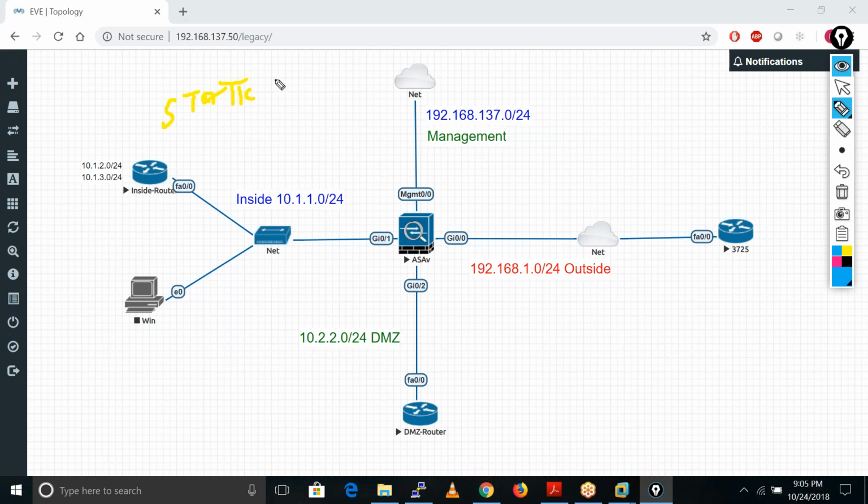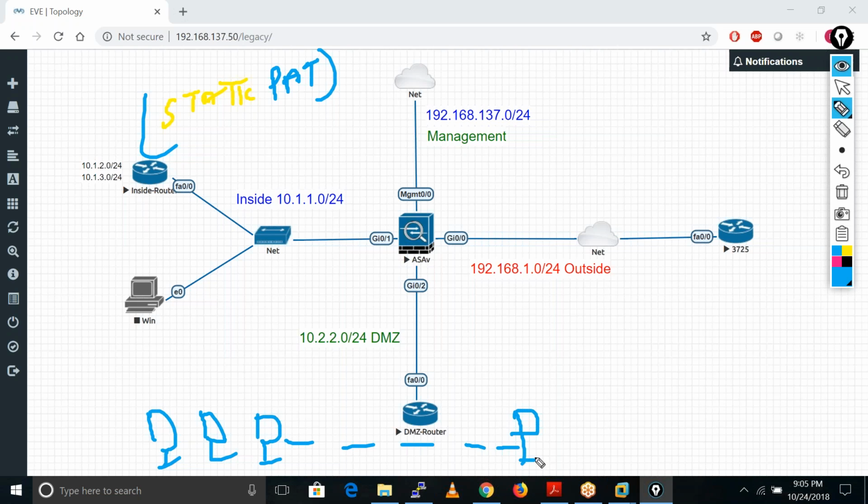We also have a static path here. So in static path, what happens? If we have like 1000 servers here, like this is the first server, this is the second server, like this till 1000. And there is only one condition: these servers run the service on different ports, like this one runs on port number 80, this one on port 81, 82, like this until the server running the service on port number 1000.